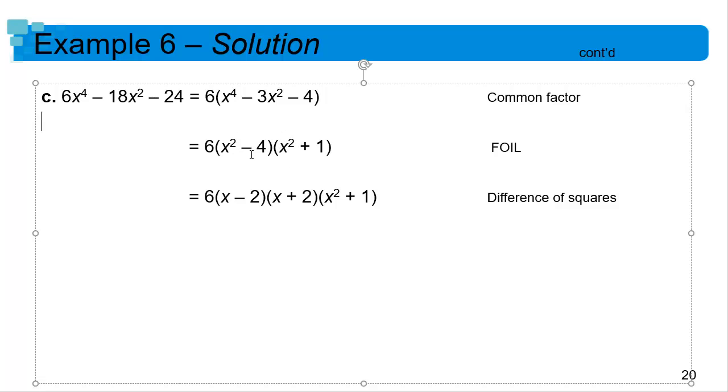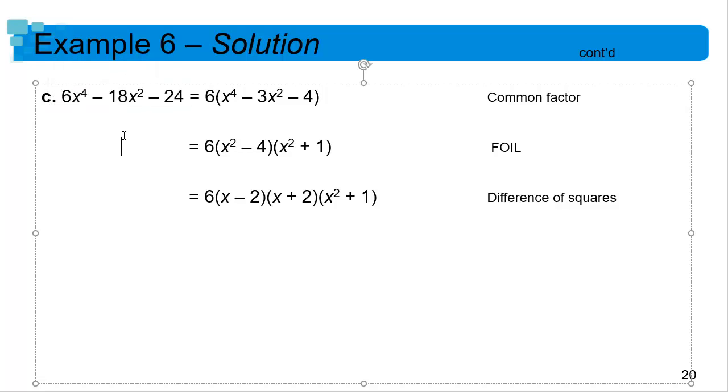Now that we're here, we look at both of these two things and say, can we factor them, right? They're not trinomials, so we can't factor them with a set of two parentheses, but maybe they're a difference of perfect squares. Well, this one isn't because it's x squared plus 1. If it was minus 1, that would have been awesome. Then we could do x plus 1, x minus 1, but that doesn't work. But this one is a difference of perfect squares, right? x squared minus 4, so there's my x minus 2, x plus 2, and then this thing doesn't factor at all. And we have now completely factored this big ugly thing,